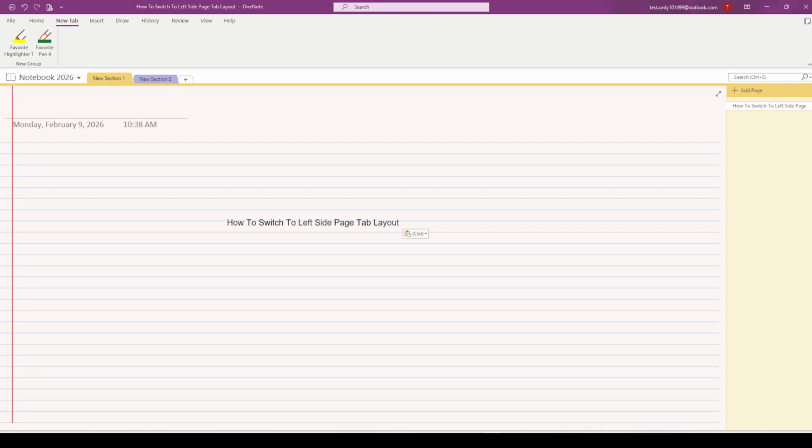In today's video, I'm going to teach you how to switch to left side page tabs layout. If you prefer seeing your list of pages on the left instead of the right, this quick setting will make your workspace feel more natural, especially if you're used to other apps that keep navigation on the left. It can also reduce mouse travel on widescreen displays and make your reading flow left to right without jumping your